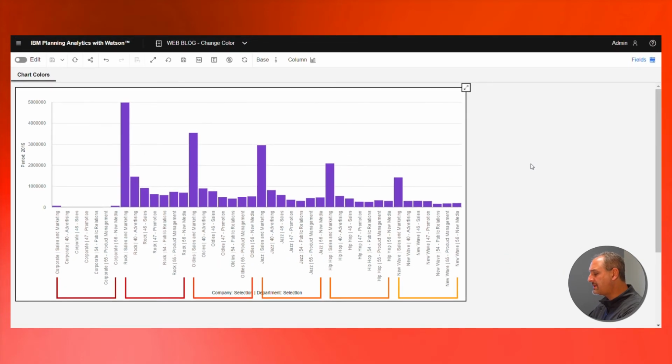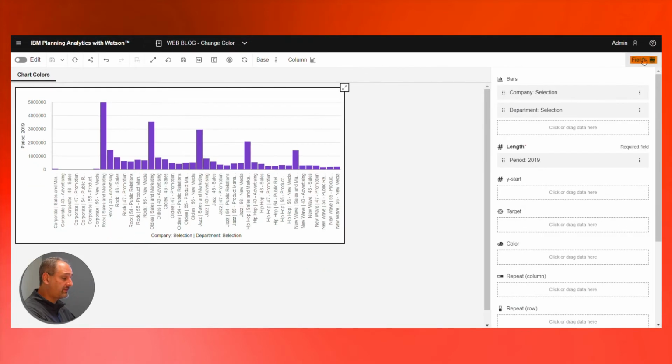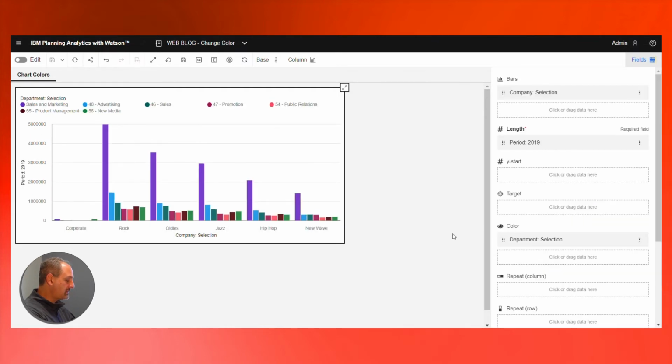So the way I can manipulate this is I could do it within my fields area. By clicking on the icon up in the top right corner, we could see that both of my dimensions were brought into what is called a bar. I could change the color by dragging one of the dimensions out of the bar area into the color area. So I'm going to drag department down to color, and when I let go, what it's going to do is